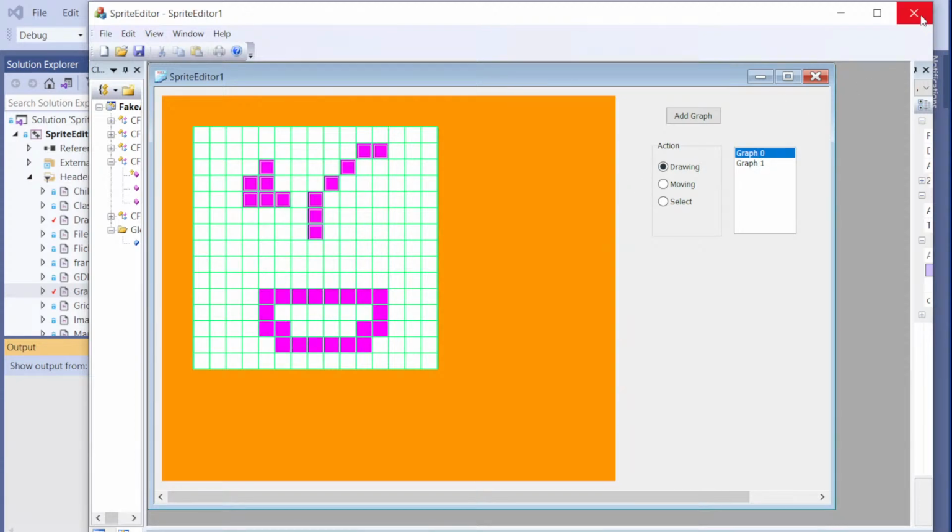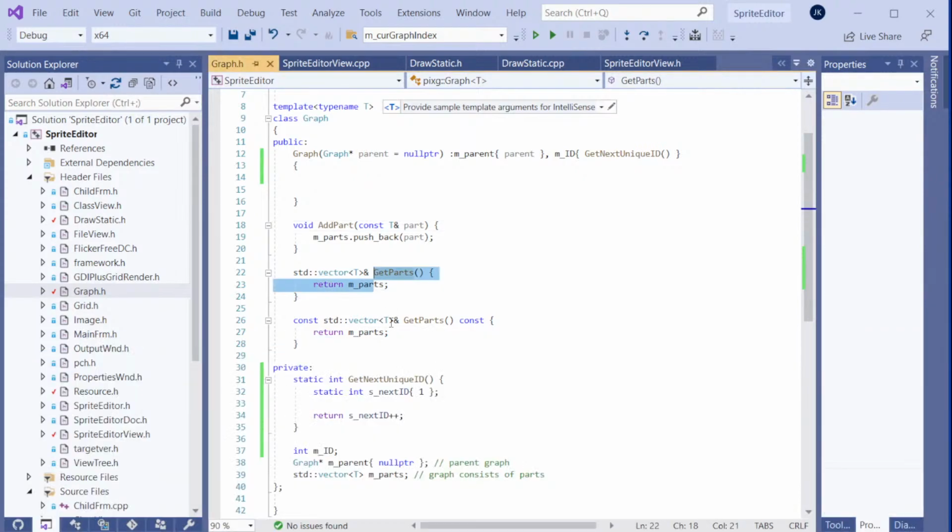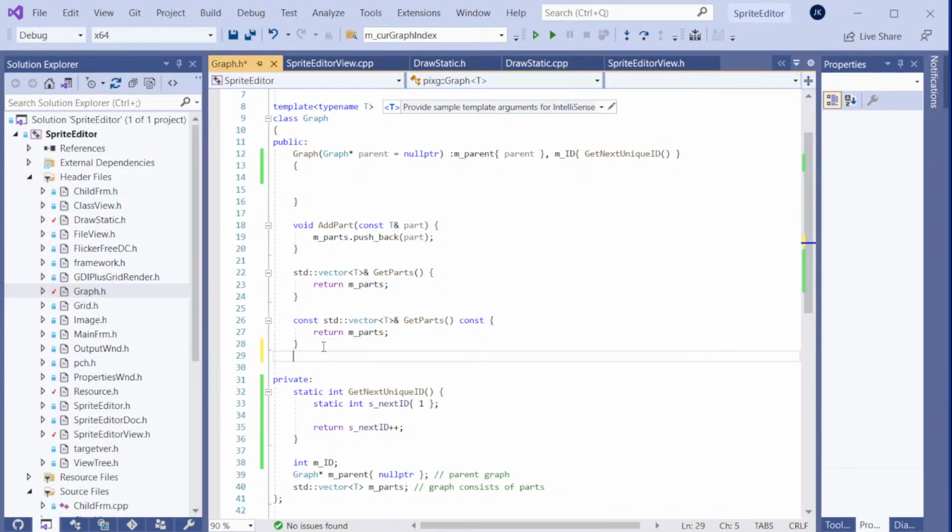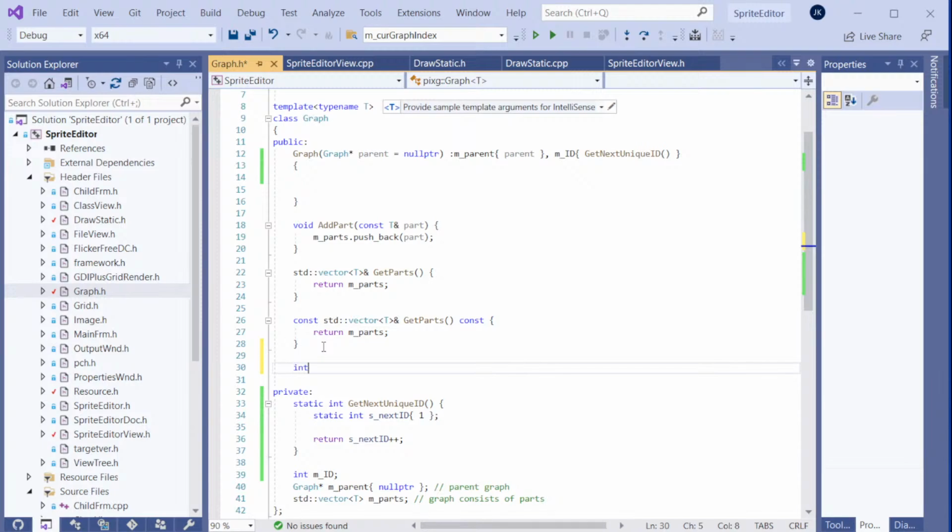Okay, so let me close this now. Okay, so I'm going to now continue. So I need this ID system here. So I need to have a function here which is called int